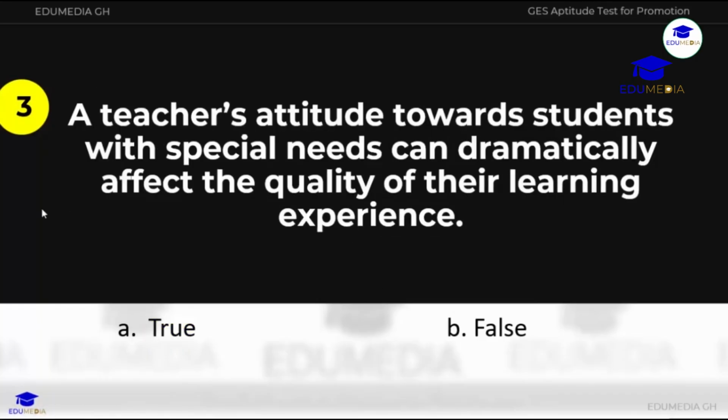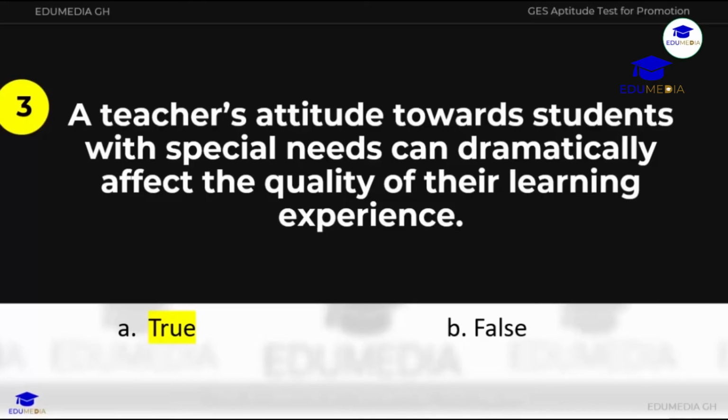Question number 3. A teacher's attitude towards students with special needs can drastically affect the quality of their learning experience. The answer here is true. Now, a teacher's attitude towards students with special needs can have a significant impact on the quality of their learning experience. Teachers actually play a critical role in creating a positive and conducive learning environment for all students, including those